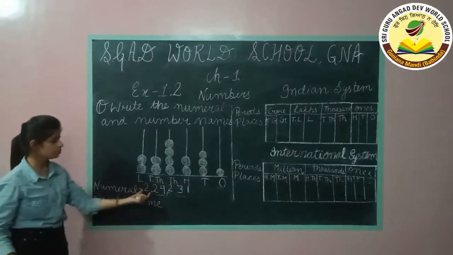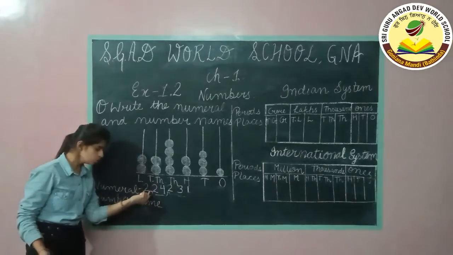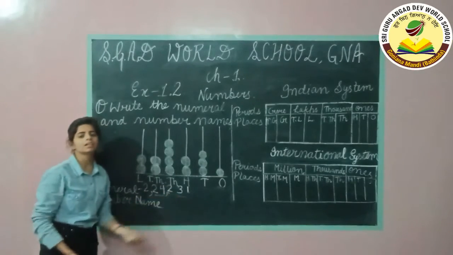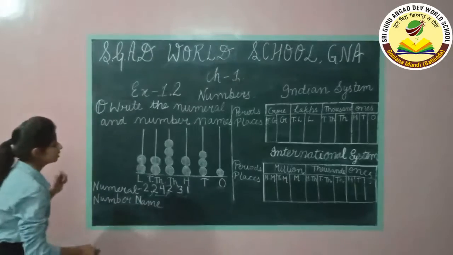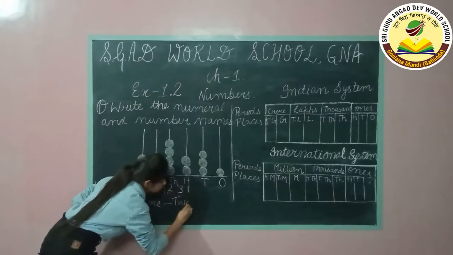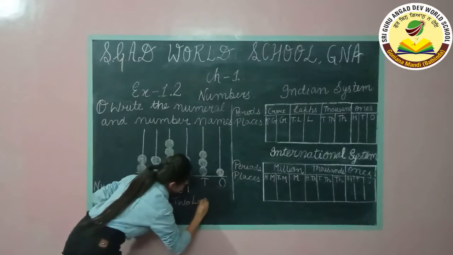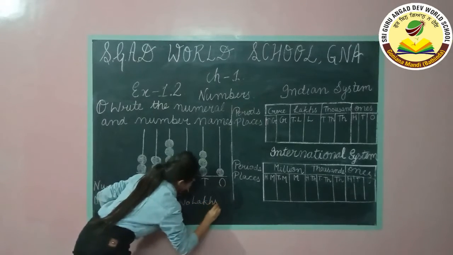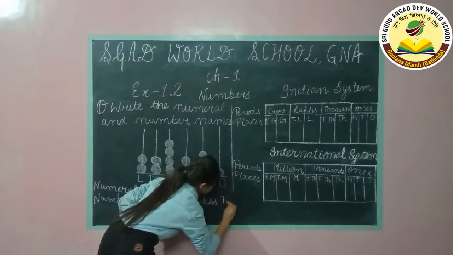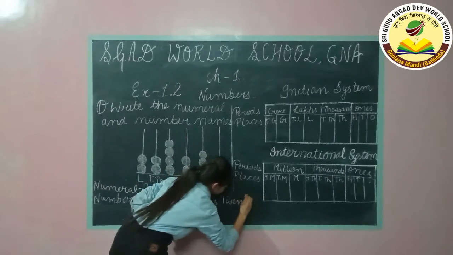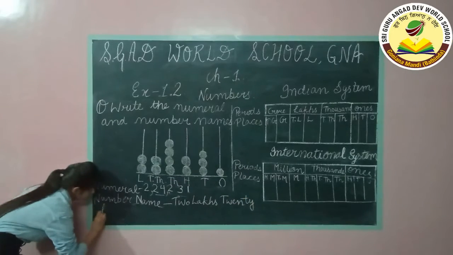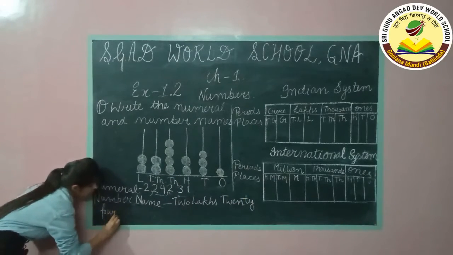The number is represented as 2,24,231. We write the number name: 2,24,000